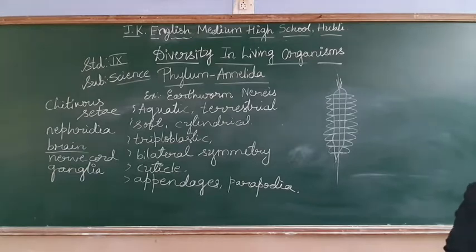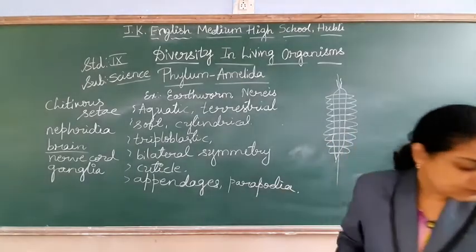So lateral nerves are present in each segment. Ganglia, nerve cord, beginning of the brain. So these are all the structures we find in the case of Annelida. Next one, these are having a closed blood vascular system.